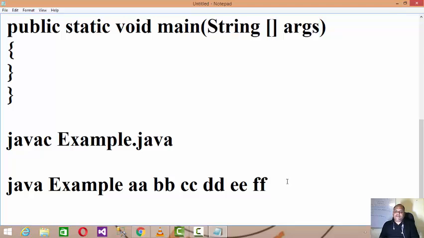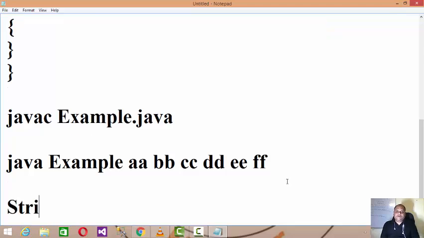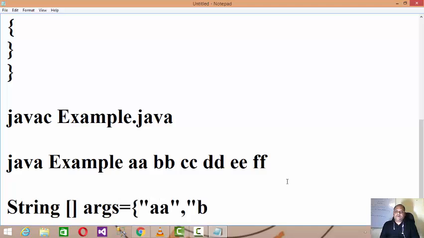Internally it becomes like this: String array args equals AA, BB, CC, DD, EE and FF.